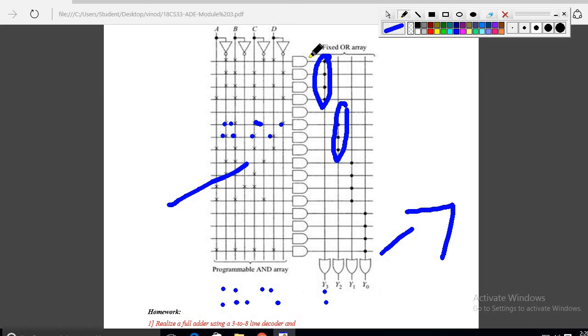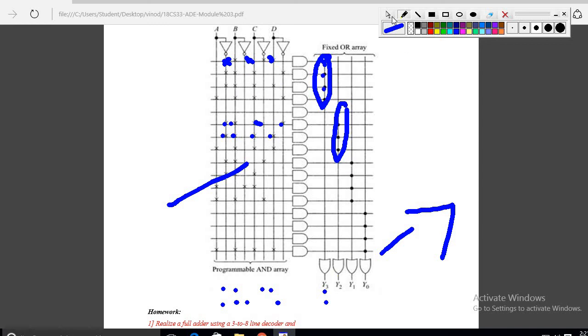The same thing here also: the problems have an AND gate and OR gate, but whatever the inputs are, you have to make a point here in this case and just mark it here: what is a bar, what is b bar, what is c bar and all. What is your y3 expression? If it is there, you have to mark it here. For the second expression, check and mark it here, and make the point over here. Third, what is there, mark it here. Fourth, what is there, mark it here, and like that.